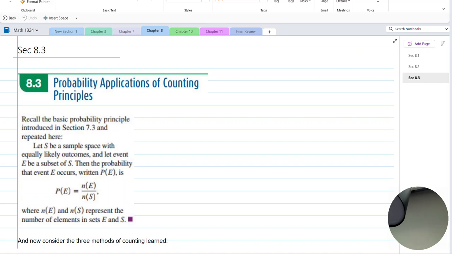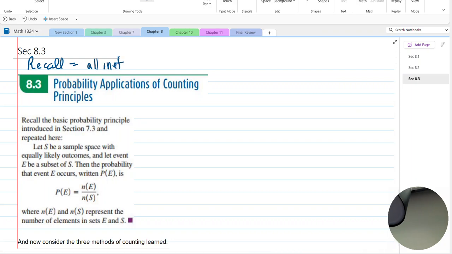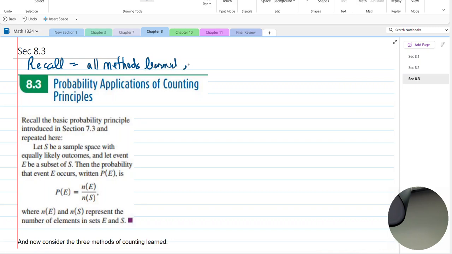Okay, let's begin section 8.3, but let's recall all the methods we learned in counting. That's right. This was where we're headed toward, which is probability. But first we have to know how many we have of certain things. And we learned about a multiplication rule,